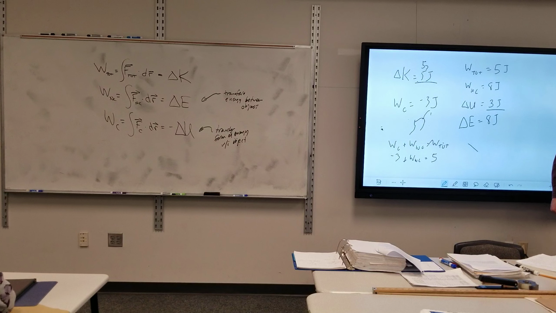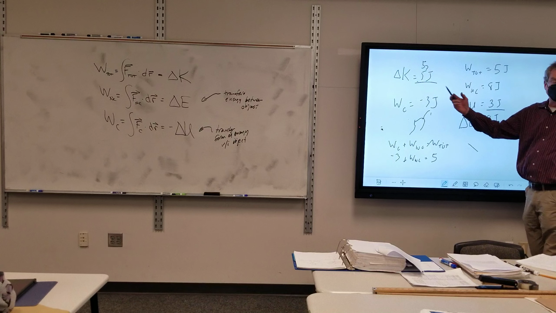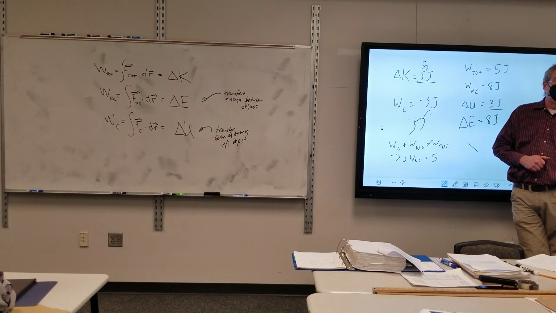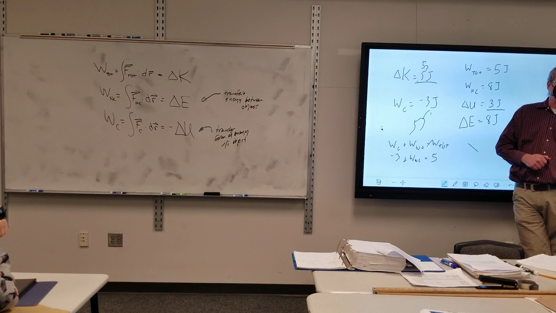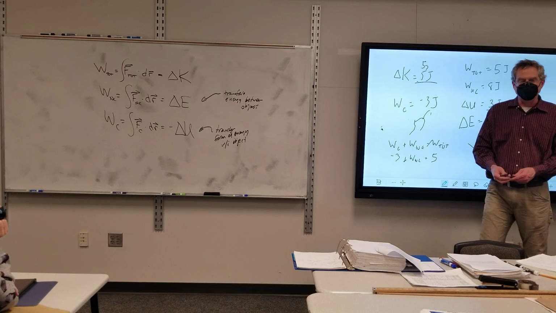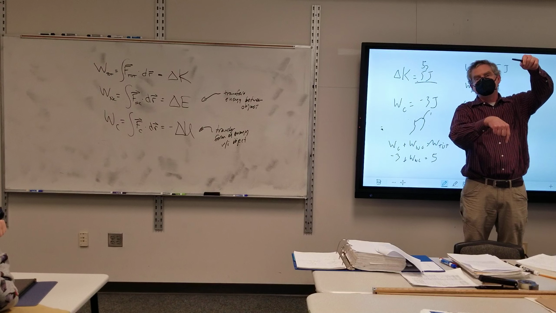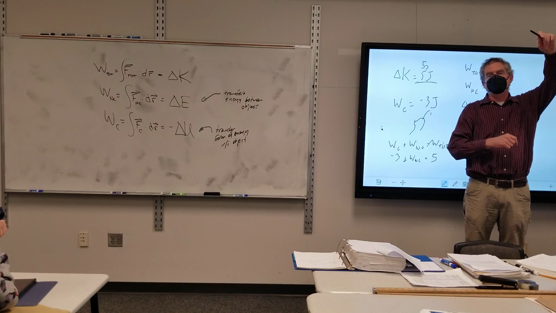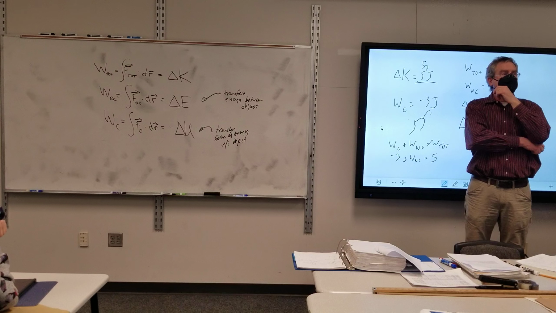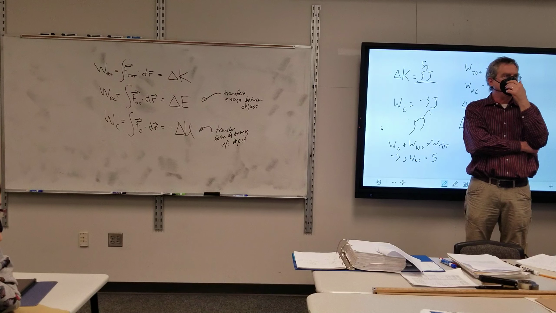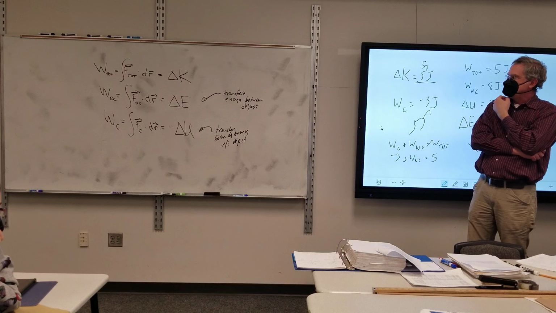Why is it negative? That was just given. Conceptually, what does a negative conservative work usually mean? The object's moving away from the source. So lifting an object, the gravitational force is down, but it's moving upwards. So the force is in the opposite direction of movement, so that's negative work. Oh, okay. So by saying negative 3 joules, you're saying